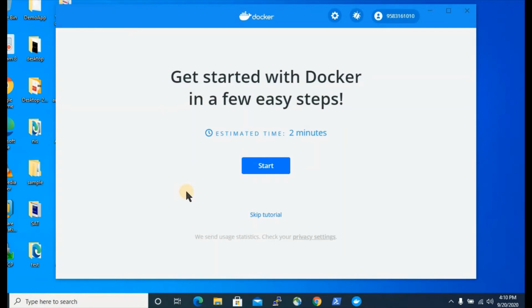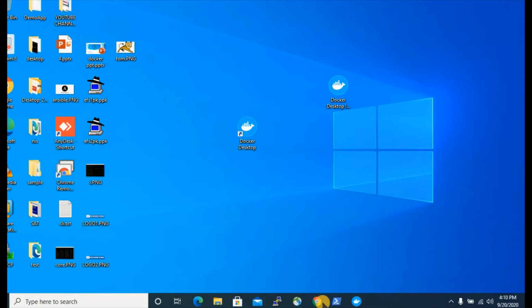Okay. We have seen there was an error and the error is resolved now. You can see Docker is running. In the notification area you can see Docker Desktop is running, and I am also able to find the screen which is starting Docker. So how did we resolve the issue? There was a hypervisor issue, a file was corrupt.